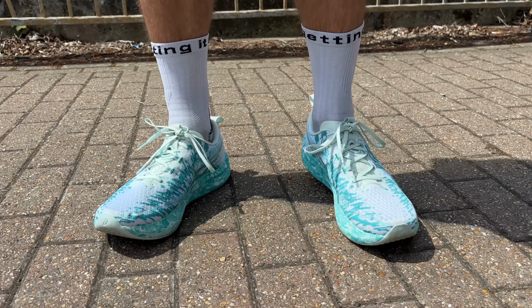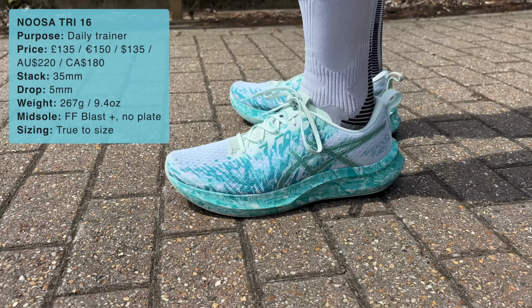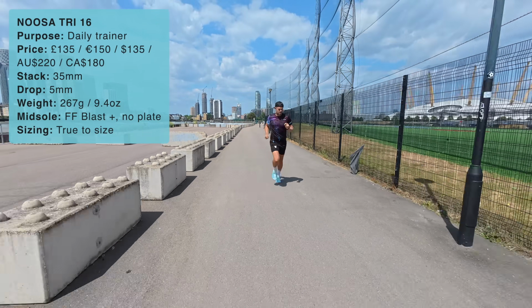the Asics Noosa Tri version 16. So the Noosa Tri has always been Asics' daily trainer, but a very lightweight, snappy option without a plate in there. Price-wise, this shoe sent me back